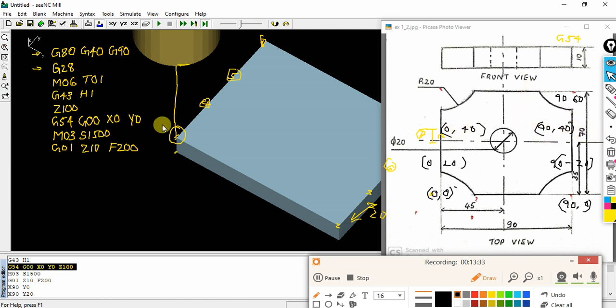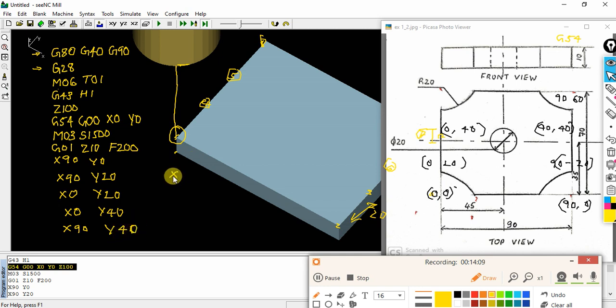So what I will do, I will just follow the same coordinate here in order to perform the facing operation. So starting with the extreme point, X90, Y0. So there I will lift. X will be 90, Y will be 20, and X0, Y20. Again I will lift X0, Y40, X90, Y40.